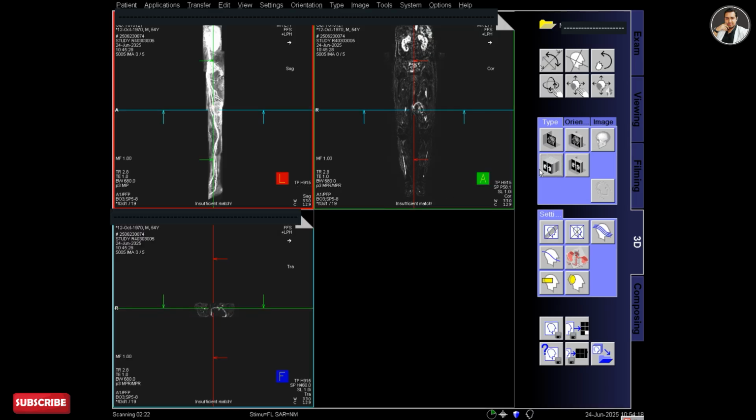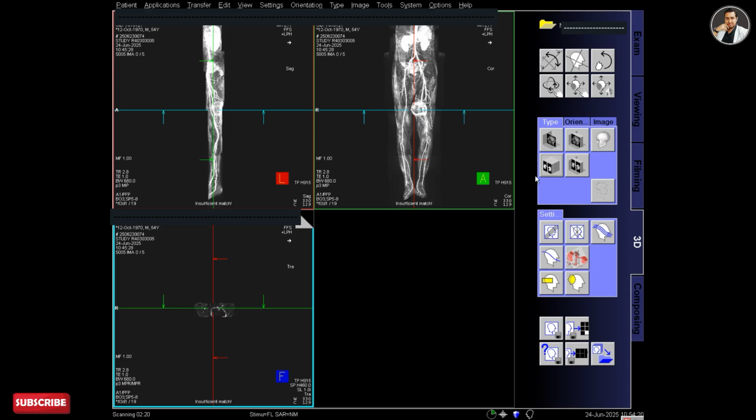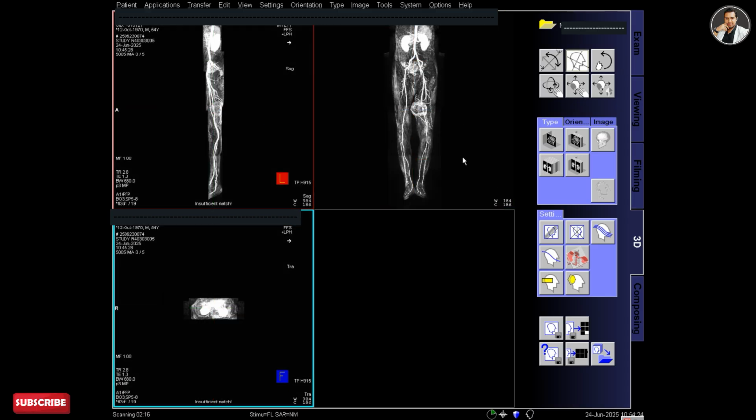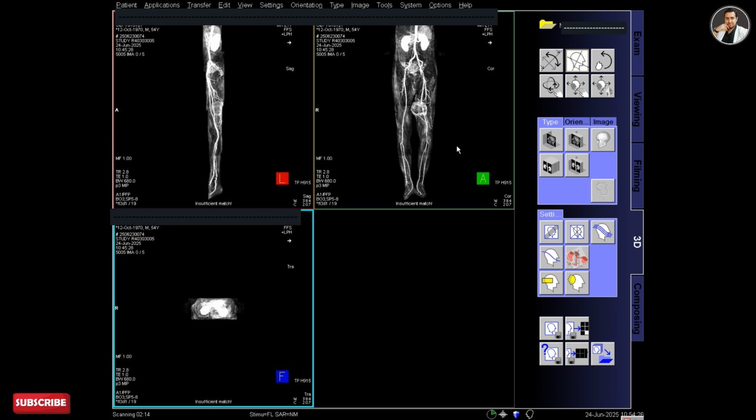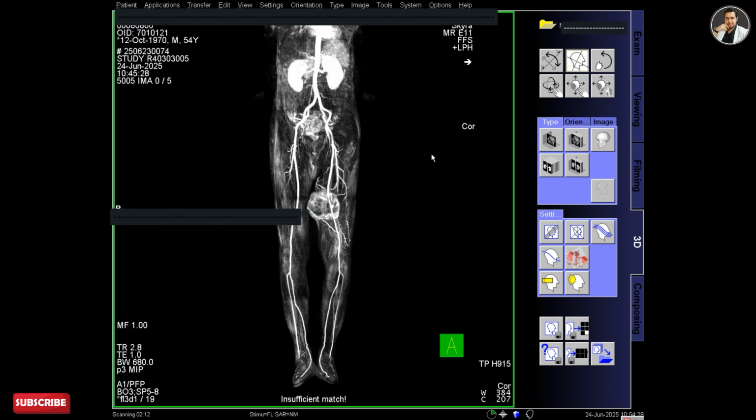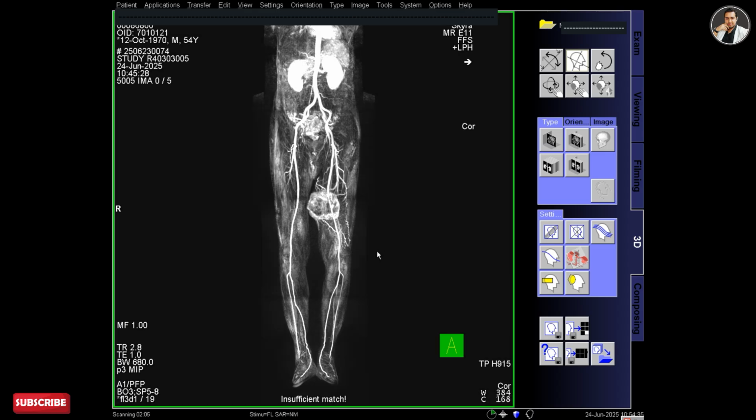Now you can see that in 3D, coronal, sagittal and axial multiplanar sequences have been shown, and I have also changed it to the MIP. In MIP, you can see the vessels of the lower limbs, including the abdomen.